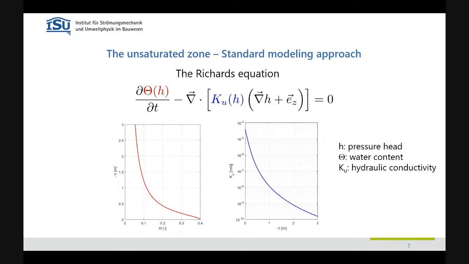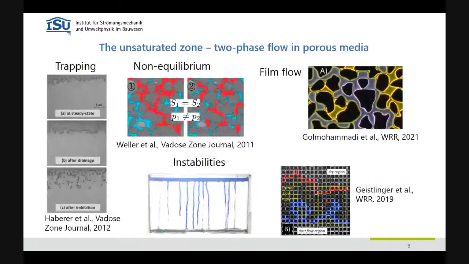So this is the standard model. It's not the only model. And I want to say some words about it because it's discussed a lot and well known that this standard model has shortcomings. There are a lot of processes and mechanisms that are not well captured with it. And we are facing the same as for any two-phase flow model. And there are lots of examples. I just picked some, just examples, and I took them here from the literature and put them all into one slide. So for example, we have trapping of air.